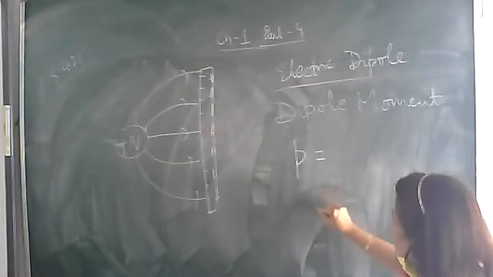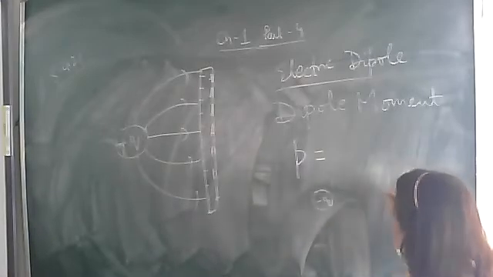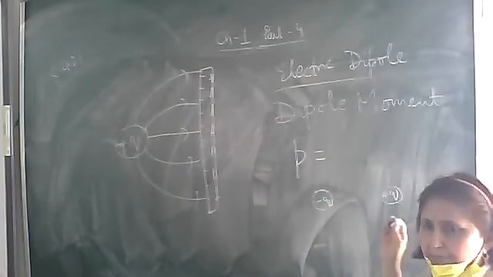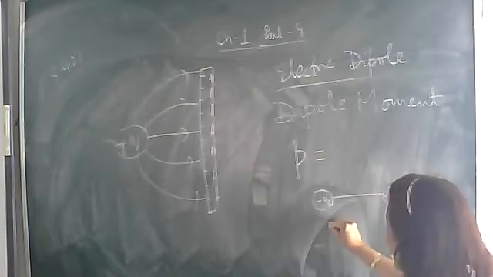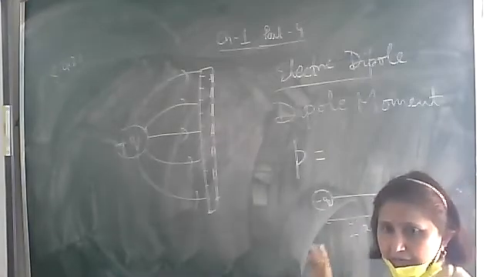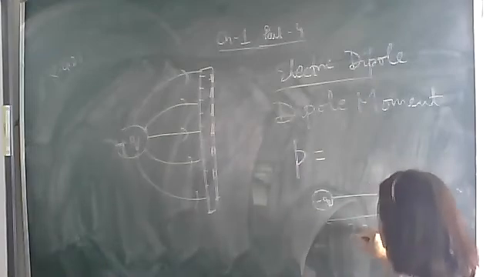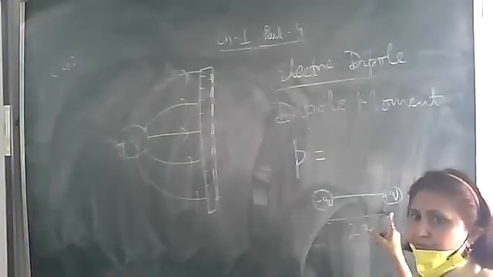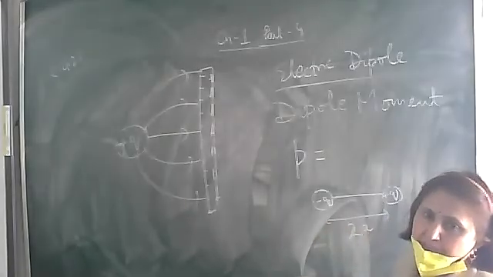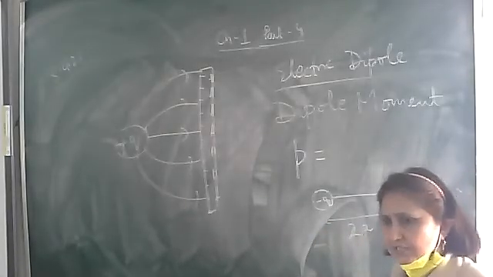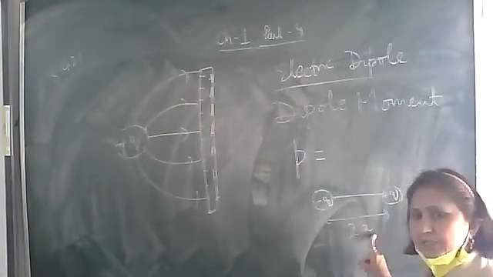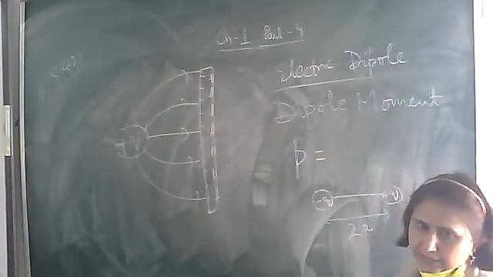First let's form an electric dipole. Minus q and plus q separated by a small distance. This is an electric dipole. Let them be separated by 2a distance. You can take it a, you can take it r, any distance can be taken. Why have we taken 2a? Because further we are going to derive the electric field, and it becomes easier if we take the distance between the two charges to be 2a. Only this is the reason. You can take it to be a also, or r, anything.